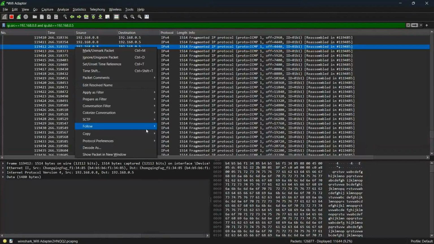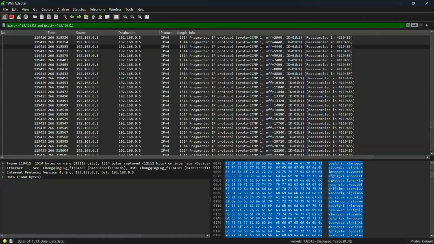many packets, but you can see the data here as well, just random data, alphabets A B C D E F G H I J K L M N O P Q R S T U V W X Y Z. Okay, it's repeating that same data again and again. So just a random packet with huge amounts of data in it, and these packets are continuously being sent